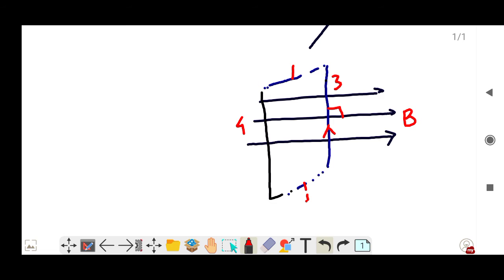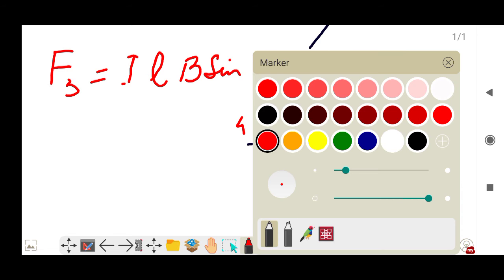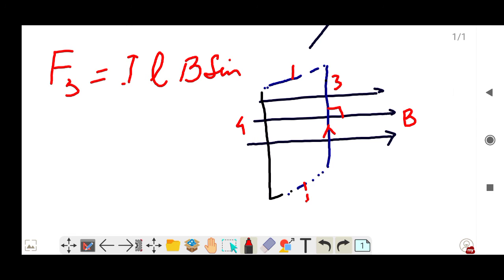And I'll write therefore force 3 will be equal to I, and we know that we have called this length L, and B is the magnetic field, and sine of 90. And similarly, force on 3. If I want to find out the direction of this force,